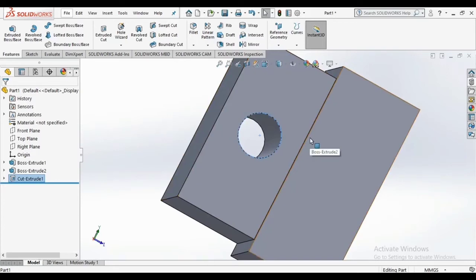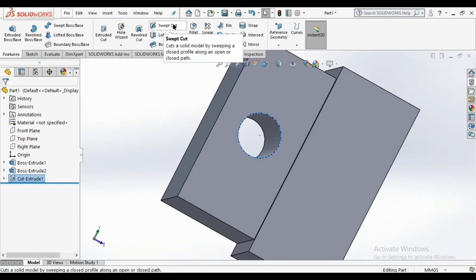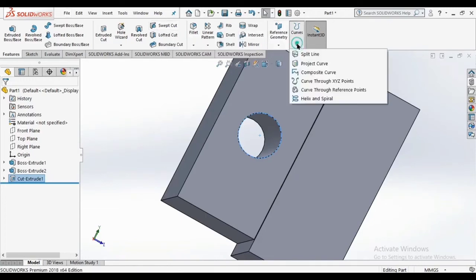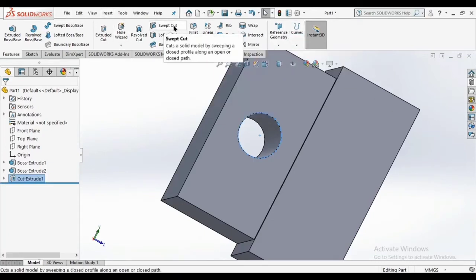One is by using the swept cut feature, and to use it you have to draw a helix and spiral beforehand, and you also have to draw the profile or shape of the cut which will be seen between two pitches of threads.